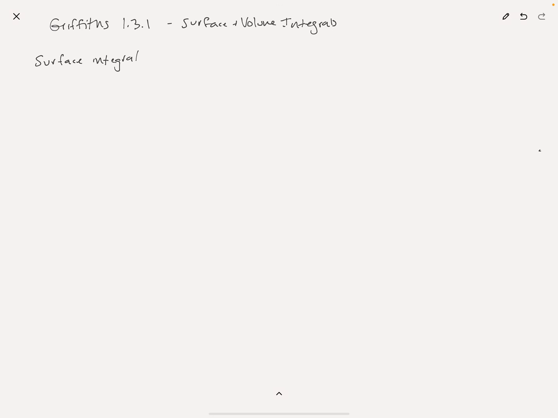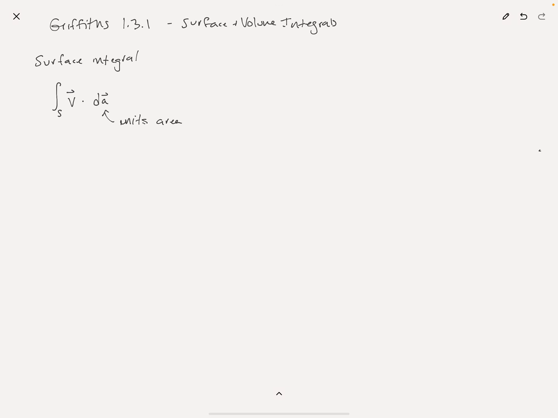So a surface integral is an integral over the surface of some shape. And we do that by taking our vector field, V, and dotting it with an infinitesimal area element, dA. Okay, so this infinitesimal area element has units of an area,